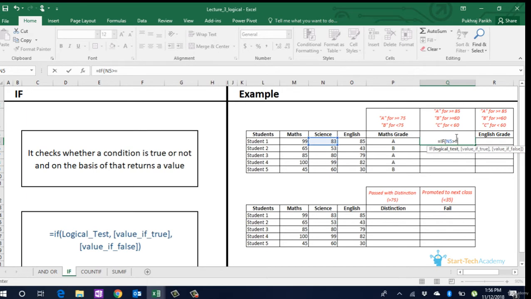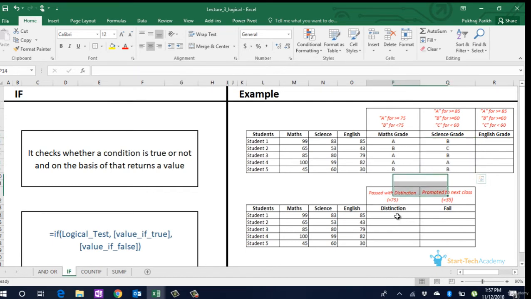If false, our second IF, which is the nested IF, will check if it is less than 60 or not. If it is less than 60, then grade C, else grade B. We can further have more IFs if we want to have more checks, such as to introduce grade D, we can further have another check of 40 marks. Try to do that yourself.